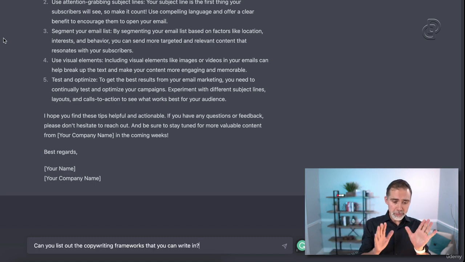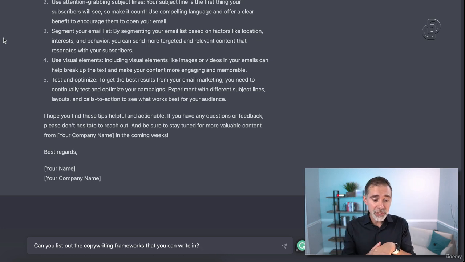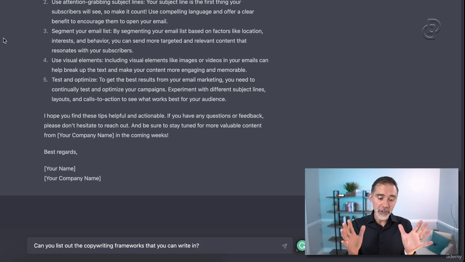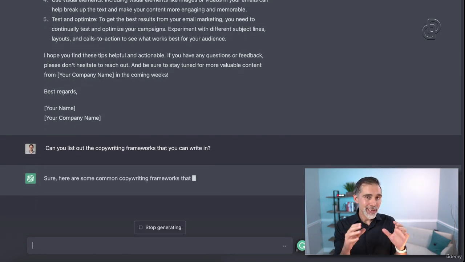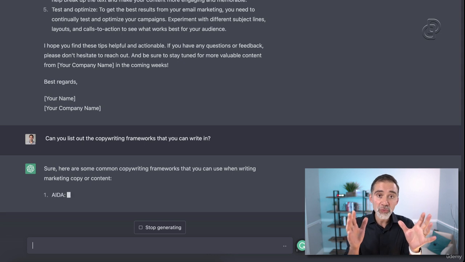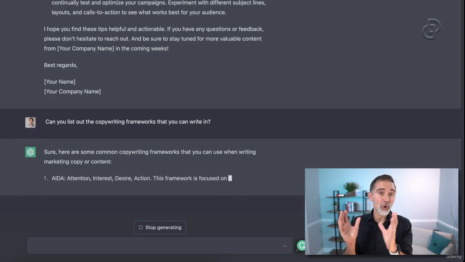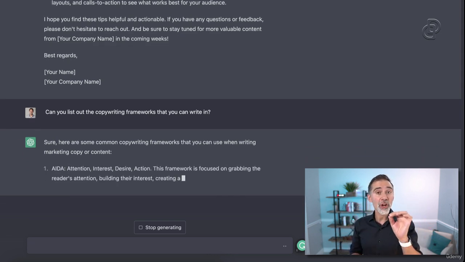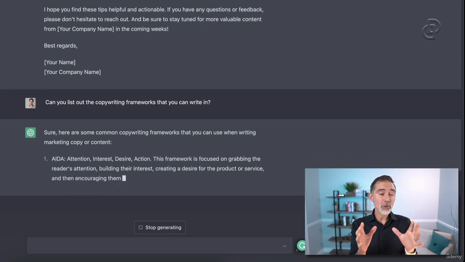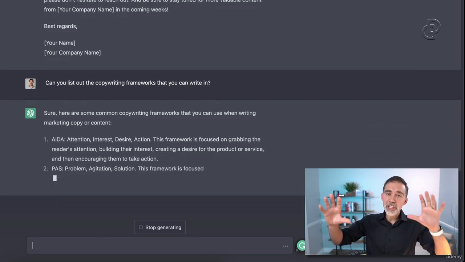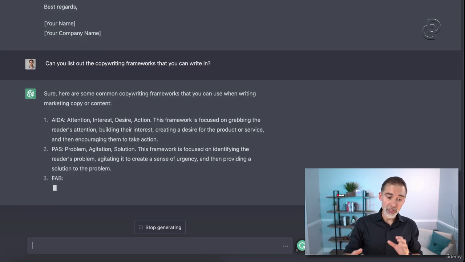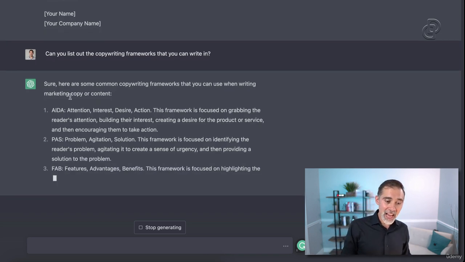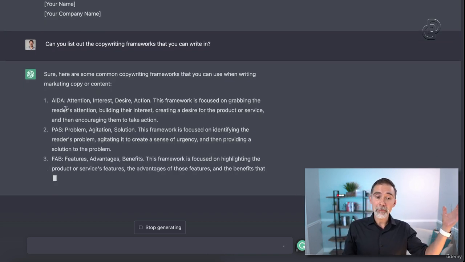So we can come here and we will ask ChatGPT, can you list out the copywriting frameworks that you can write in? And let me show you what are the results. So it will give you a few frameworks for marketing, for copywriting that you can use for your sales page. And this is important because depending on the business that you have, you may want to use one framework instead of the other. So you see here, the first one is AIDA, which is the most popular framework in marketing